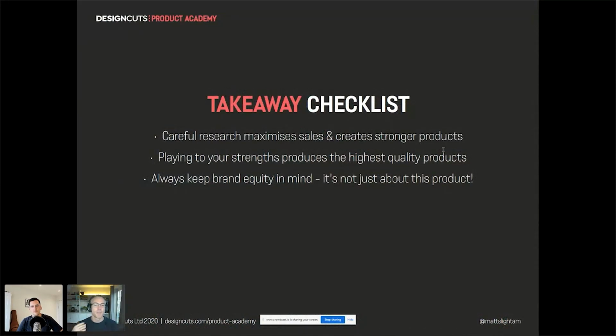If you immerse yourself in the market, if you look at everybody else's products, if you see what has been done, what hasn't been done, what has been done but the idea was only half implemented, or it can be elevated to a new level, you'll start to see those gaps that you can actually exploit for products. And that creates much stronger products.